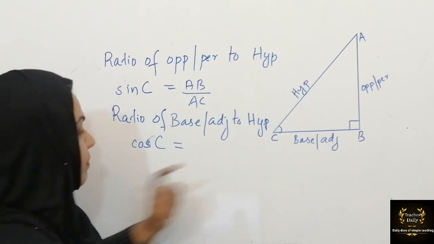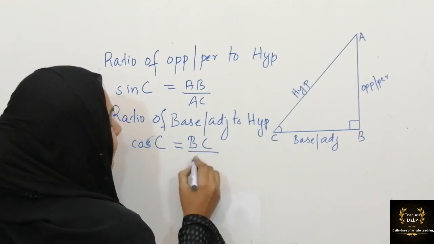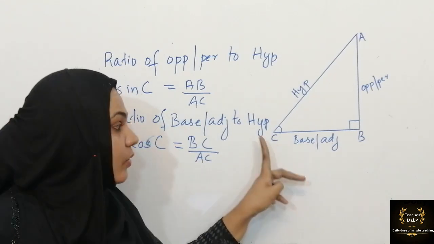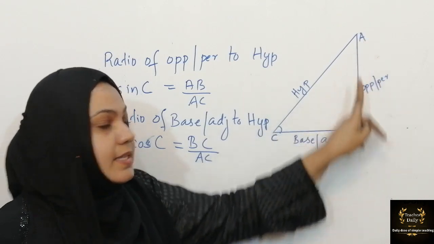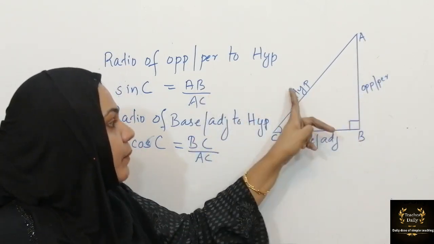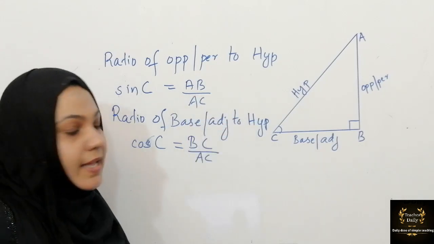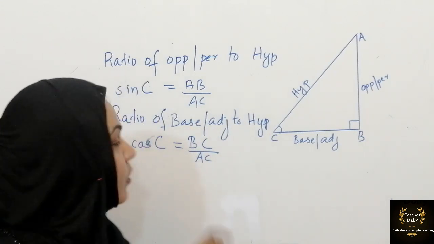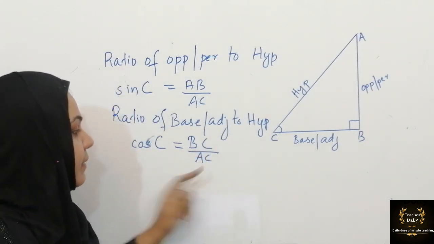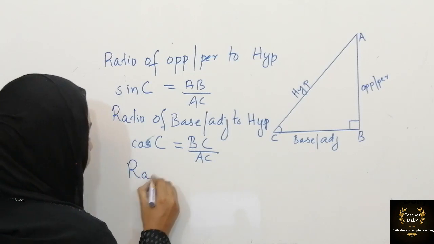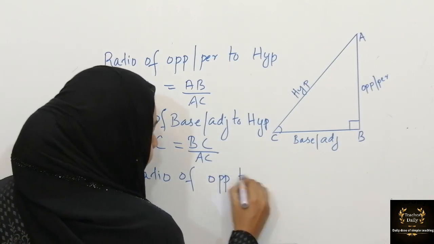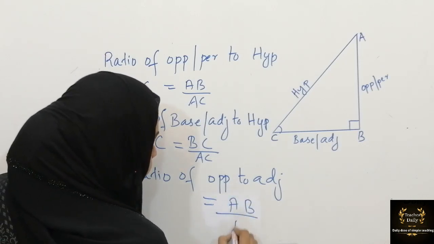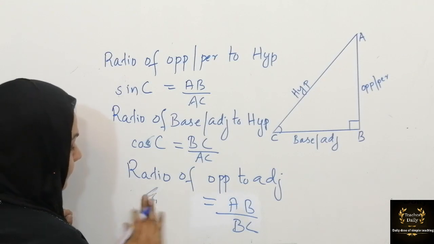C, that is base BC by A. What is the hypotenuse? AC. In this question, I take C as my reference angle. So according to this C, what is opposite? AB is the opposite. So AB. What is the hypotenuse? AC is the hypotenuse. AB by AC. Similarly, ratio of base or adjacent to hypotenuse is called cos C. So BC by AC. Ratio of opposite to adjacent. So that is AB by BC, that is tan